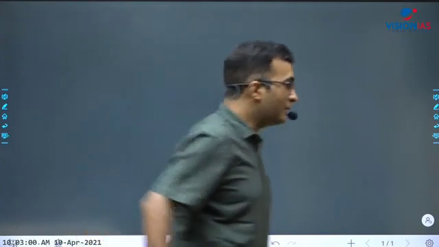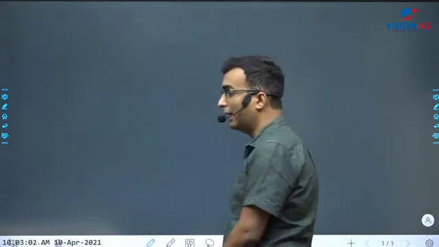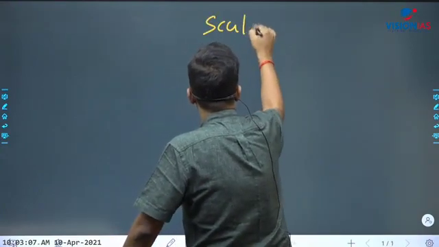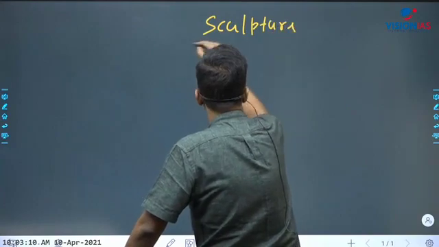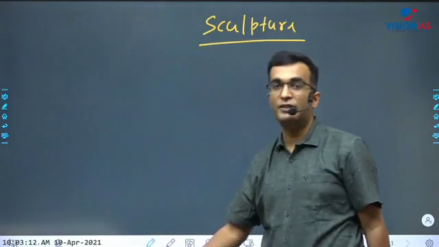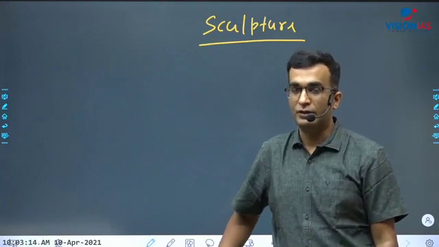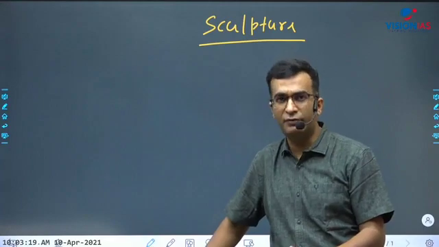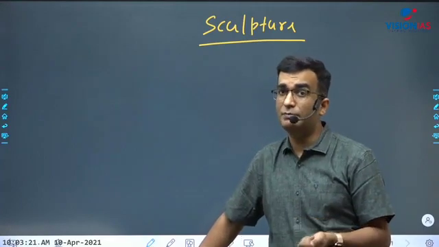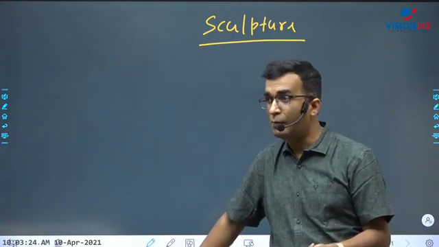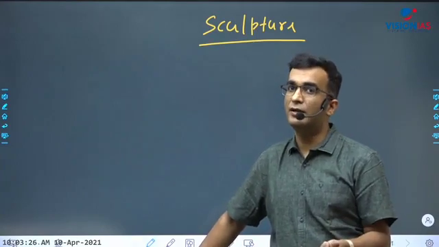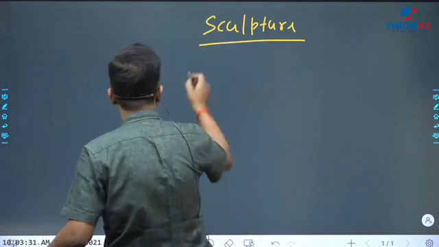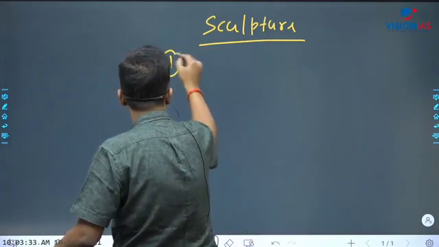So let's begin with the third one, and third would be sculpture of the Indus Valley civilization. So you have written about the seals and then also pottery. Now let's look at the sculpture. As I said, there are three categories of sculptures or figurines: one is made up of stone, another is made up of terracotta, and then the most advanced one was the bronze. So let's look at the very first one in the sculpture,